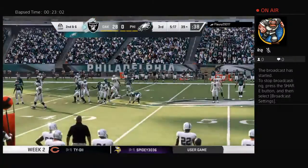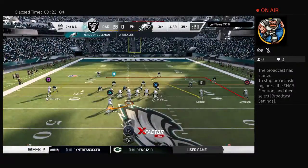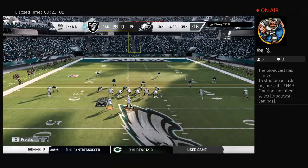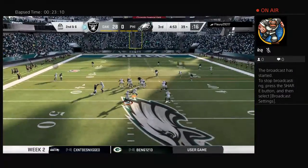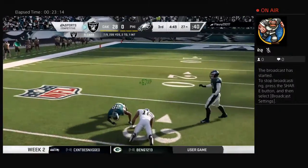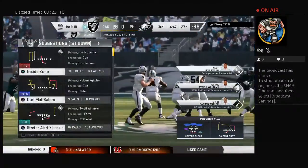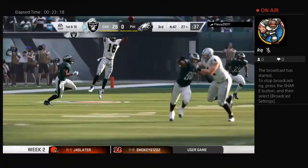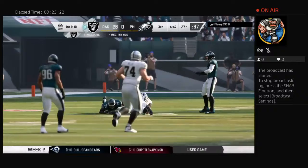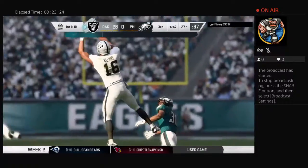Nickel Roby brings him down. Following the pickup of 4, here's 2nd and 6. Carr with a play fake to Jacobs. It's complete to Williams. And he has another first down as he'll get the ball down to the Eagles' 27-yard line. Whatever the discussions were at halftime to try to slow down this offense,